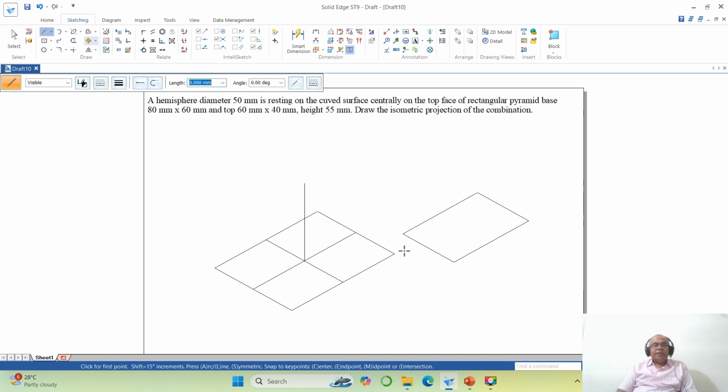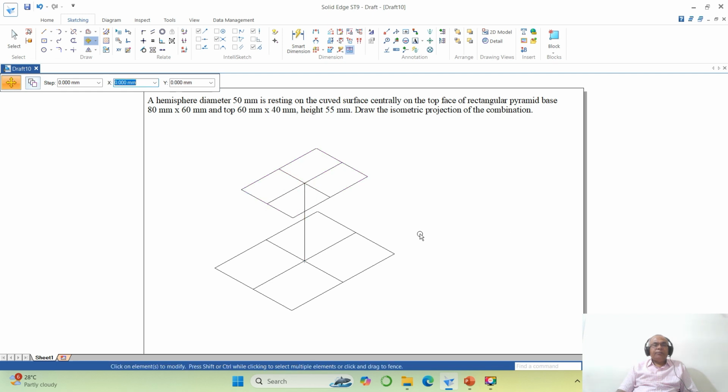Then you go to line, enable midpoint, take midpoint of this to midpoint of this, and then midpoint of this to midpoint of this. Then you go to move, disable copy, select this entire drawing, with midpoint disabled, take intersection to endpoint. Now you go to the line command and draw a line from these two, similarly from these two,